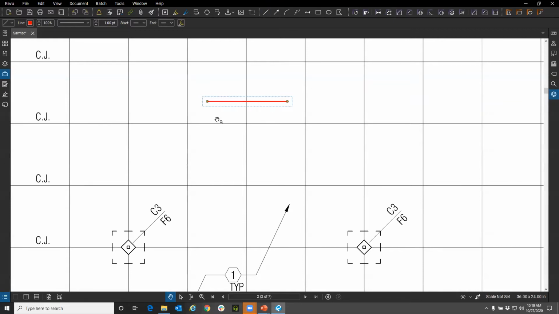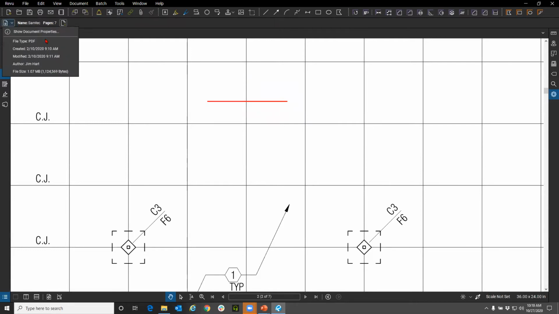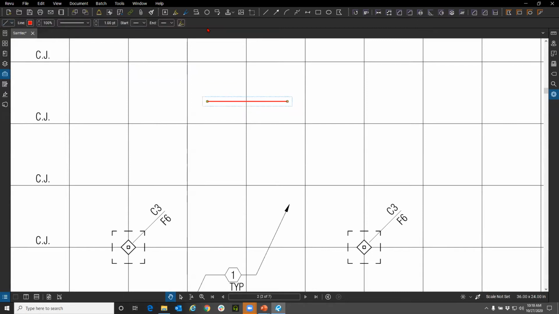But I place this line here. Then there's this thing that populates called the properties bar, but I like to say dynamic properties bar because it's dynamic and changes to whatever command you're in. So if I unselect it, I'm in the PDF, so there are specific options for this PDF. Or I can reselect my markup here, and then it actually shows the markup's capabilities for changing how it looks,